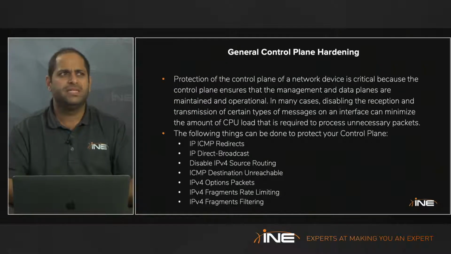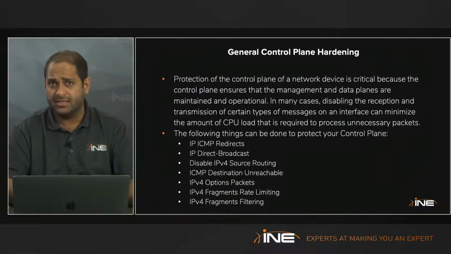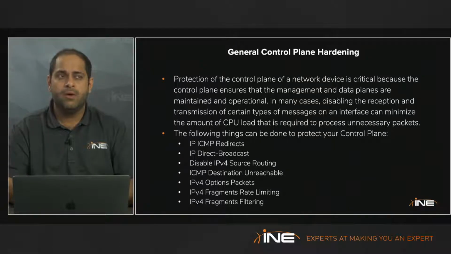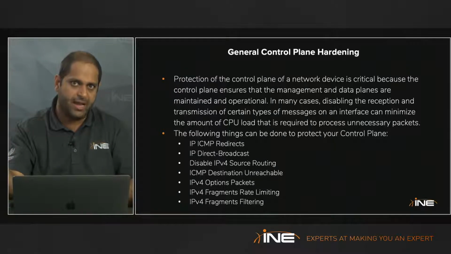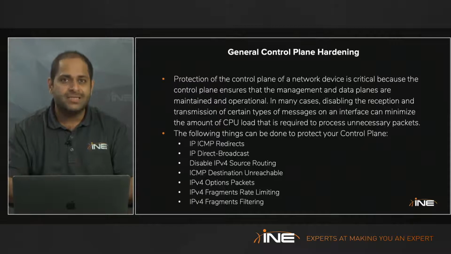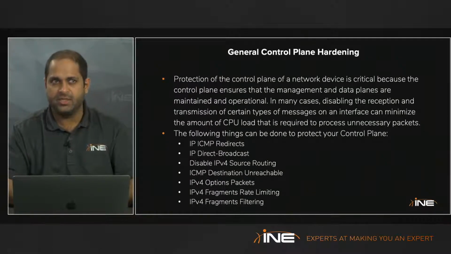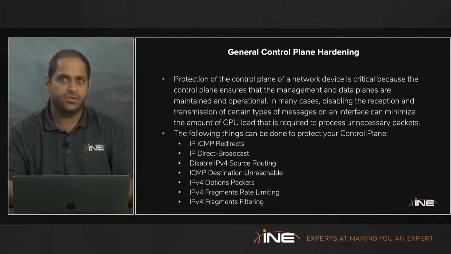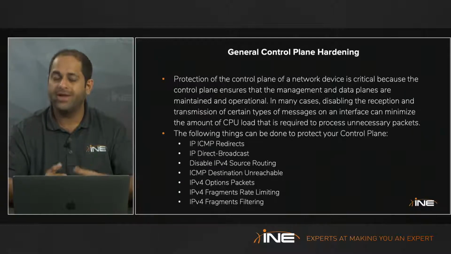Or we could also disallow fragmented packets by using an access list. So let's say if I had to disable fragmentation for all traffic, then I could just say deny ip any any fragments, which drops fragmented packets and allows all remaining traffic to go ahead. So you should disallow or at least rate limit your fragmented packets, because attackers normally use fragmented packets for DoS attacks to avoid detection